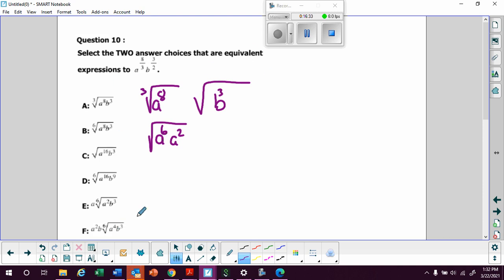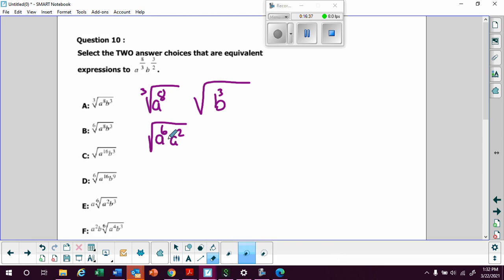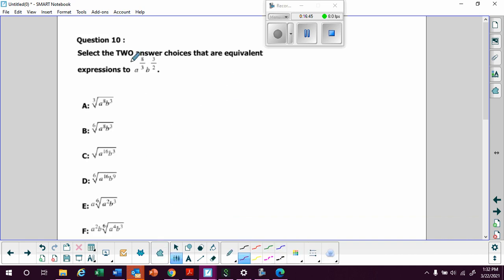Let's do it this way because they both don't have the same denominator. So if I multiply both by